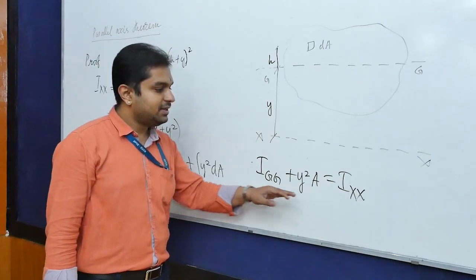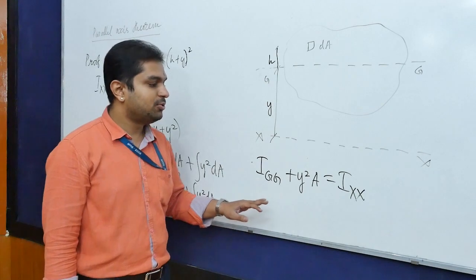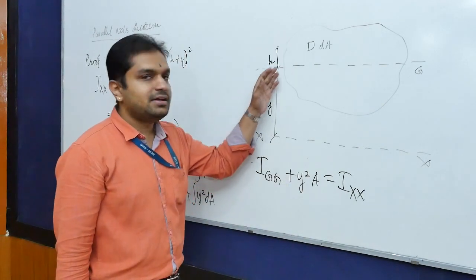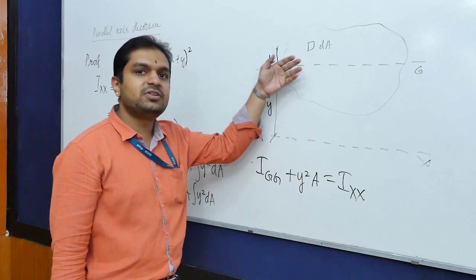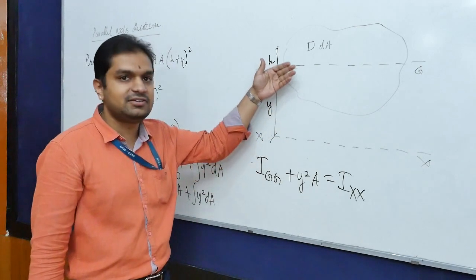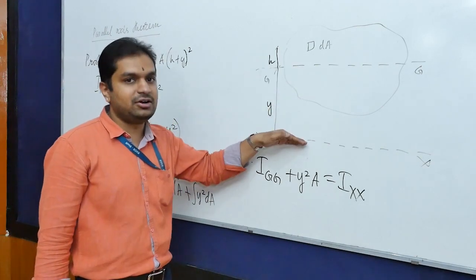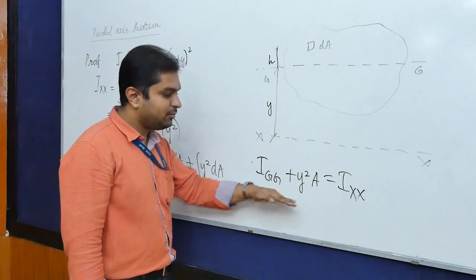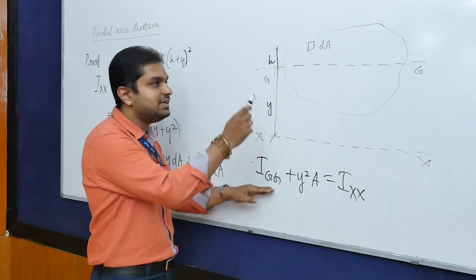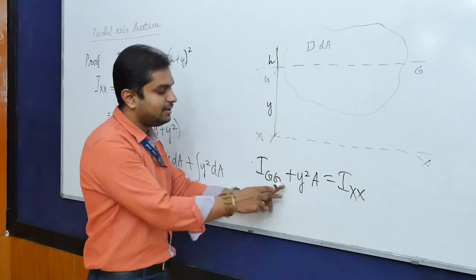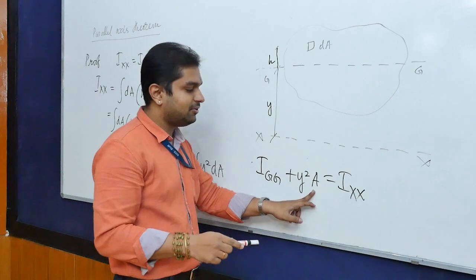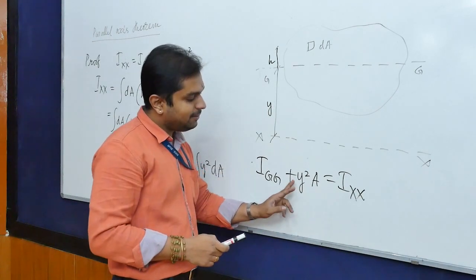So from the final line of the theorem, what we can make out is that IXX, which is the moment of inertia of any area about an axis which is parallel to the centroidal axis, may not be any permanent convention here. IXX is just a representation of an axis parallel to the centroidal axis, and is equal to the sum of two terms, where IGG is nothing but the moment of inertia of the given shape about its own centroidal axis, plus the area, where this area represents the individual area of the subsection, multiplied by the square of